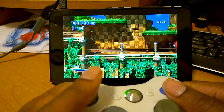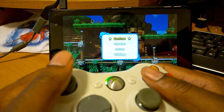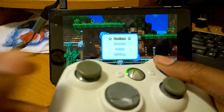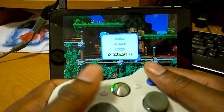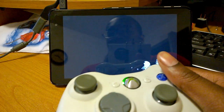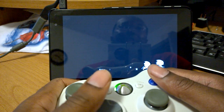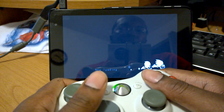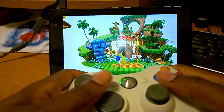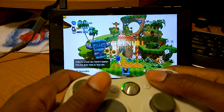And so that has been Sonic Generations on the Dell Venue 8 Pro. And we'll go ahead and exit out. See, even the main menu is a little bit stuttery there. I'm sure my CPU is completely maxed out. But out of all the games we tested, if it comes down to 1 or 2 games not being able to run that well, I still think that the quad-core Atom processor and the latest Intel integrated graphics have done a fantastic job at powering this